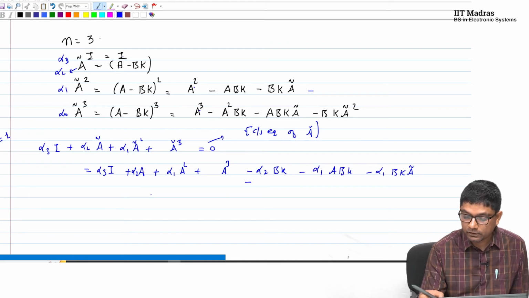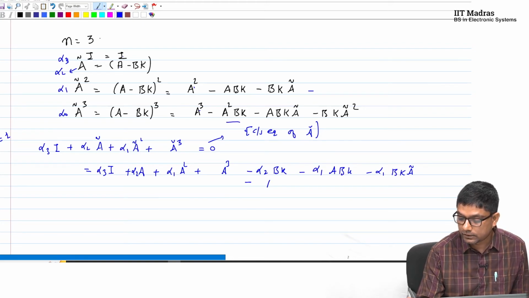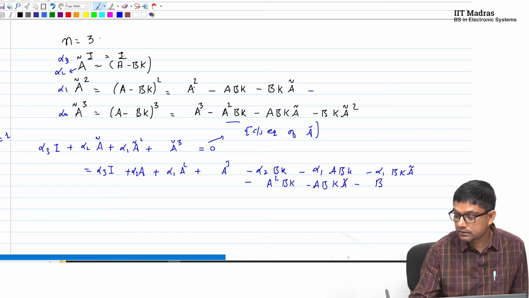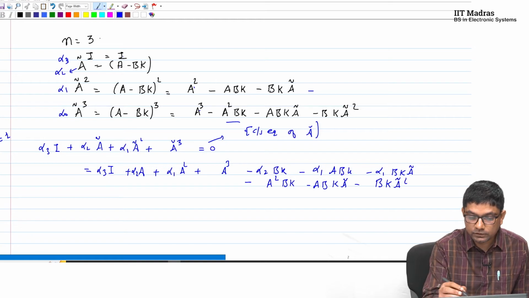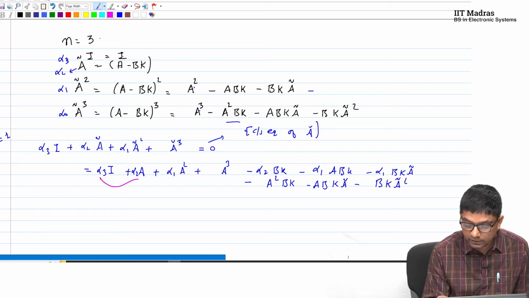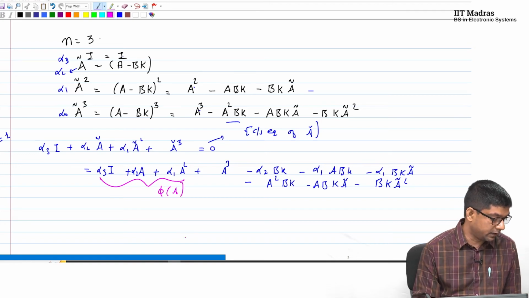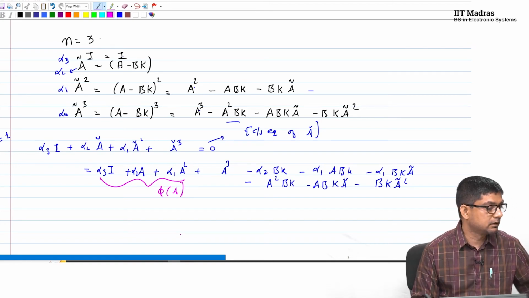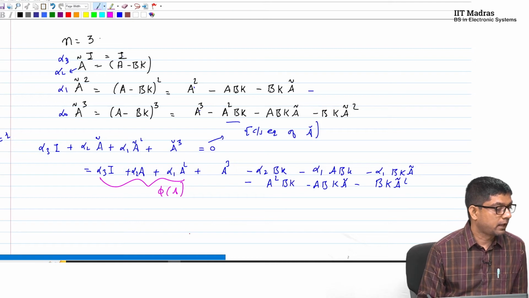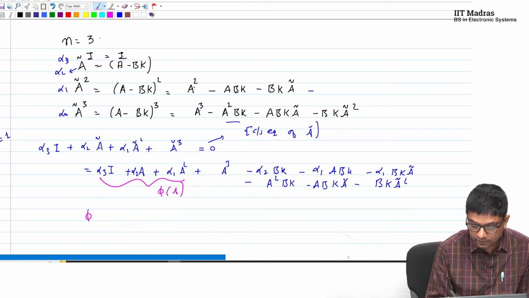So, I am just left with all the terms on this term. So, that will be minus a square bk minus a b k a tilde minus b k a tilde square. So, this quantity here is now the phi of a. So, I can rearrange terms to now write phi of a